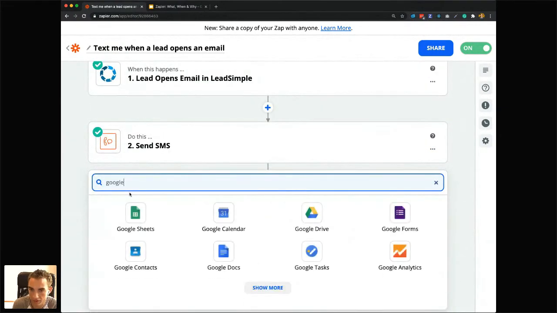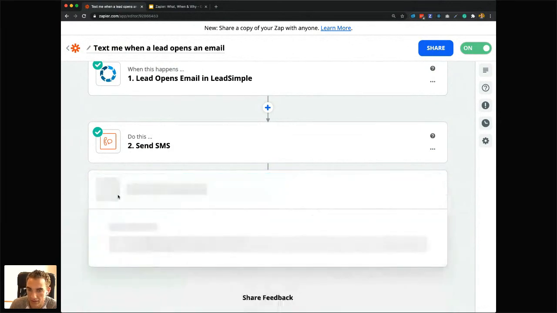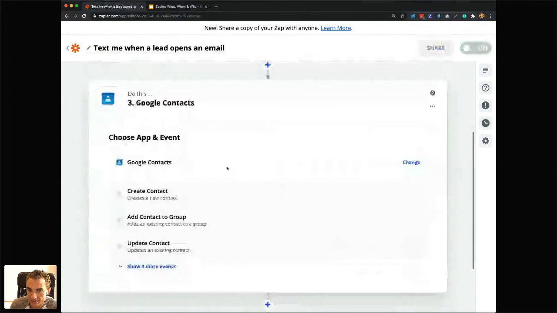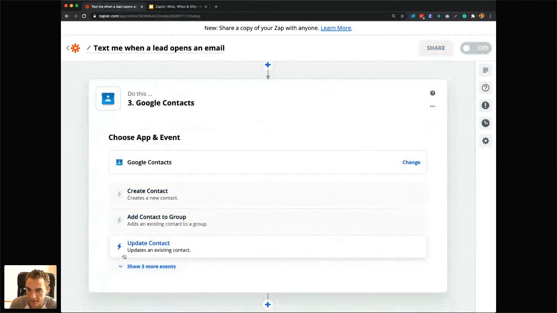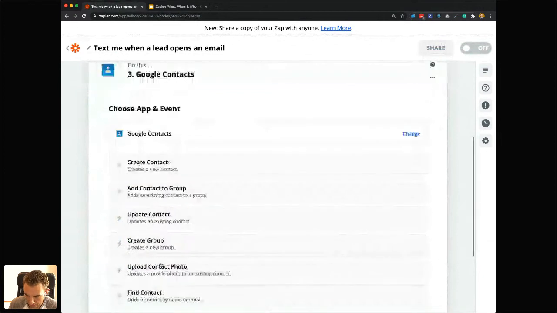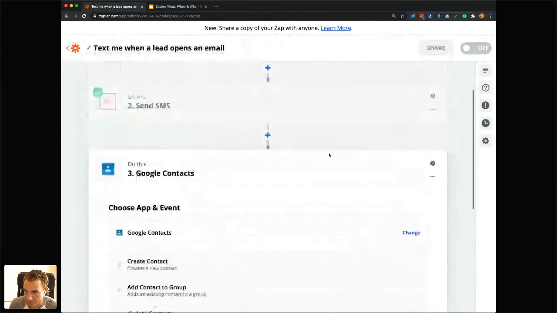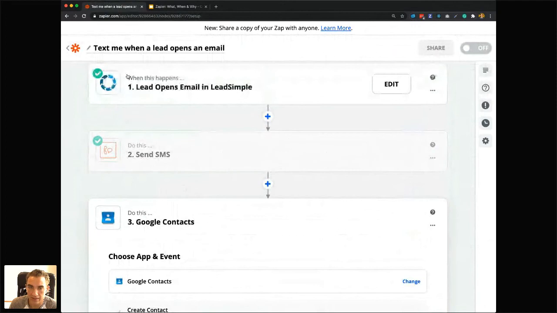So if I look at Google Sheets, then you could do that. Or maybe I want to add them to Google Contacts right here. Then you can do that after the SMS has been sent. You know, create a contact, add a contact to a group, update the contact. So as you can see, here's just some brief examples. Now I'm going to jump back into